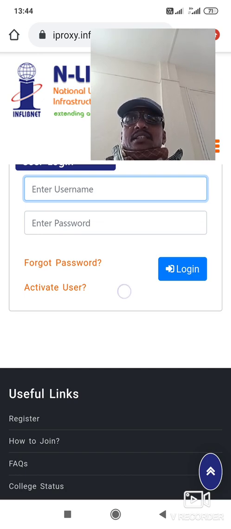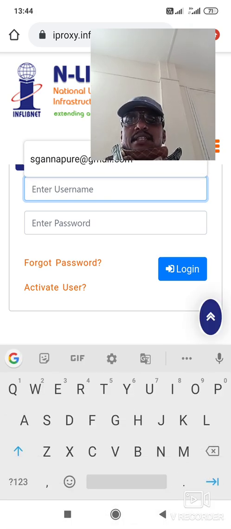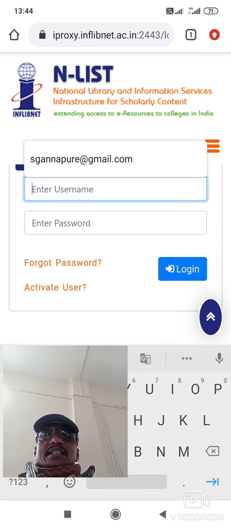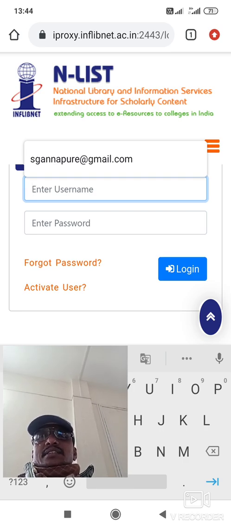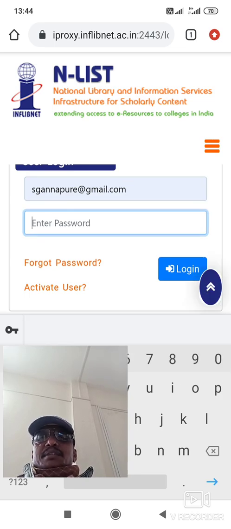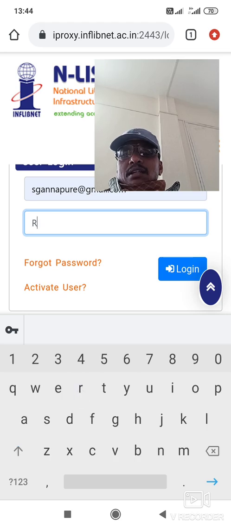Two options have been shown to us. Username I have created for each and every faculty and student as your email ID. There is no need to worry about it. Just feed this email ID of yourself. After that, you enter the password. Here, all is common, for all of you,